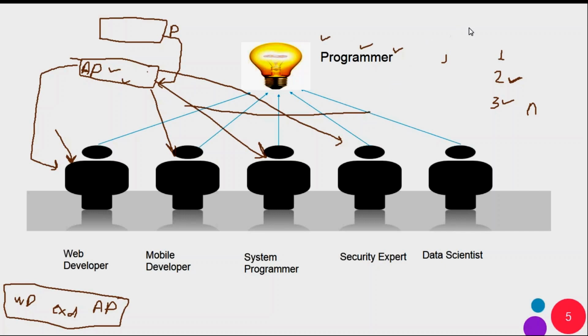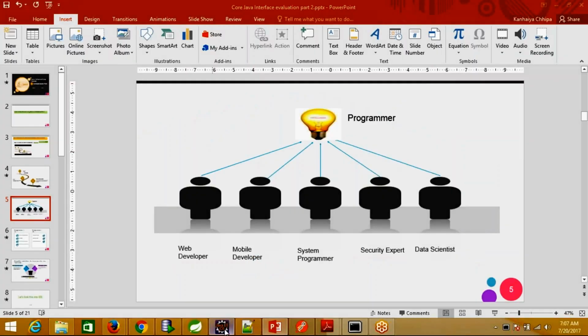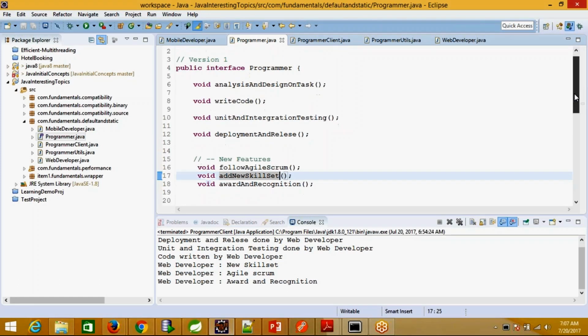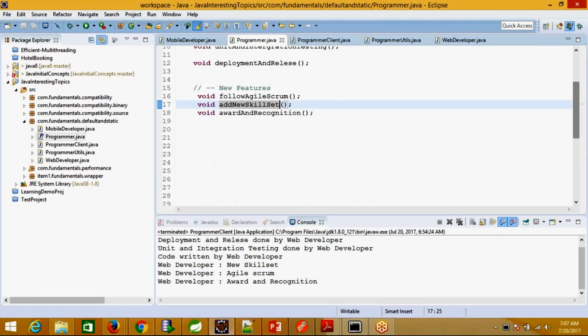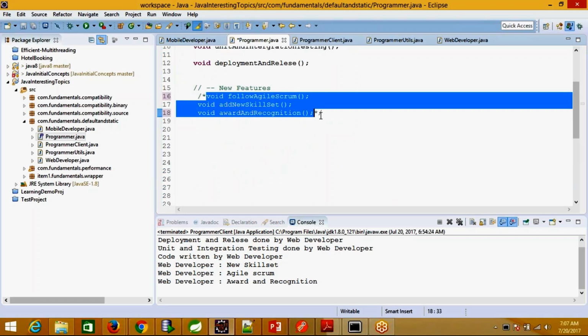So let's look at that part now in the IDE itself. Let's go one more time into the IDE. And now what we'll do, I'll comment out this section, right?